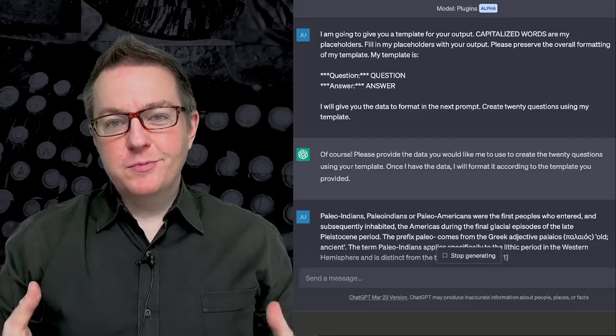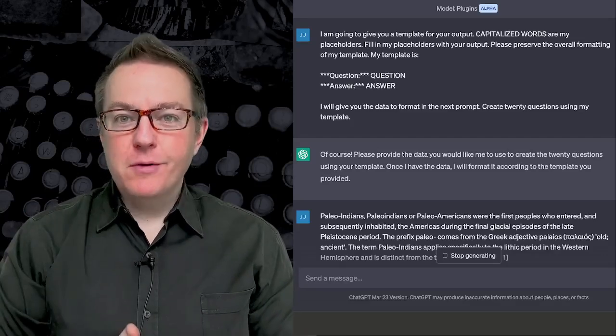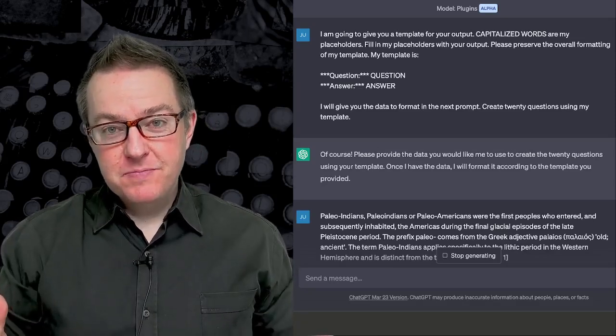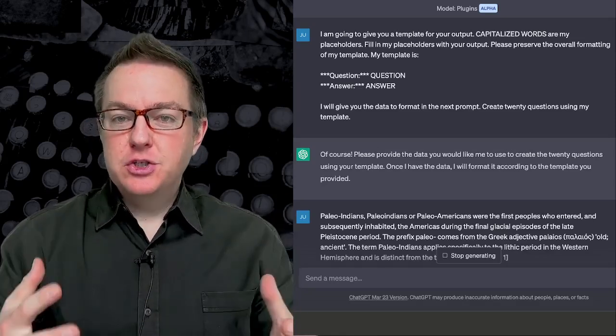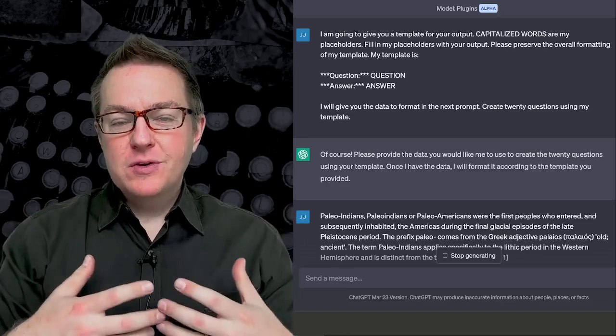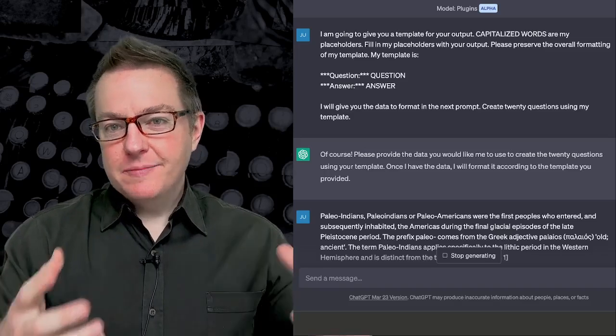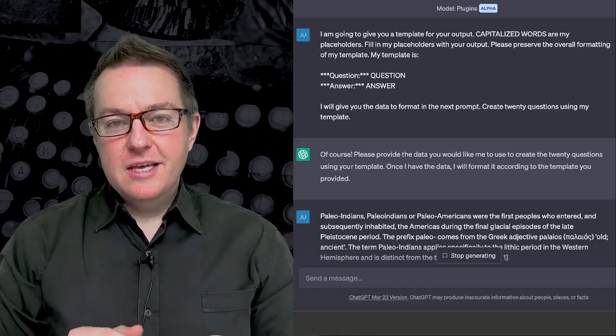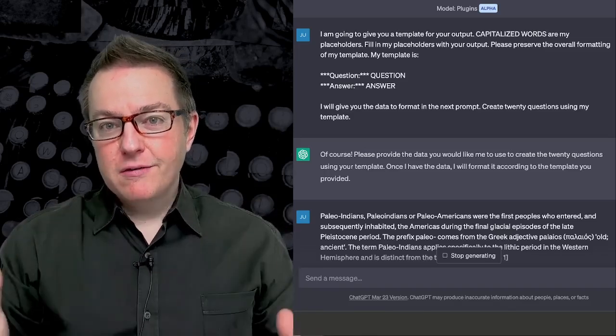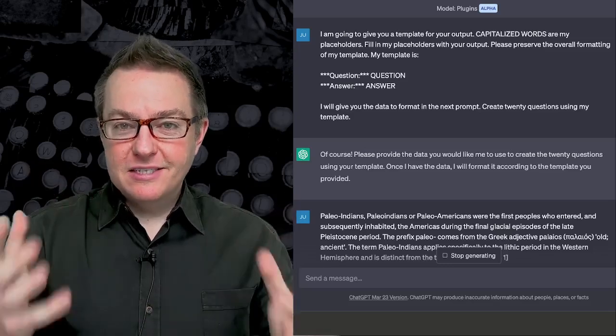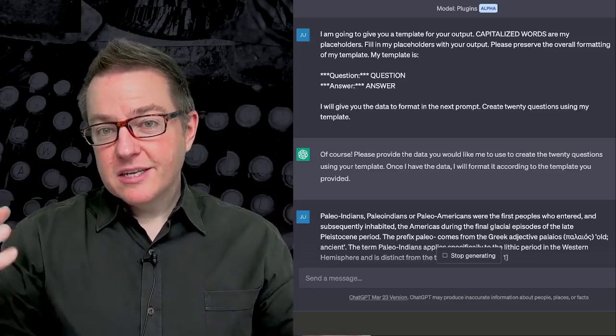Getting a large language model's output in exactly the format that we want can be a challenge sometimes. So the next pattern that I'm going to teach you about is going to help you get exactly the format you're looking for and tell ChatGPT where you want the information that it's producing put into the format. So you're basically going to give it a template, and then ChatGPT is going to go and fill in your